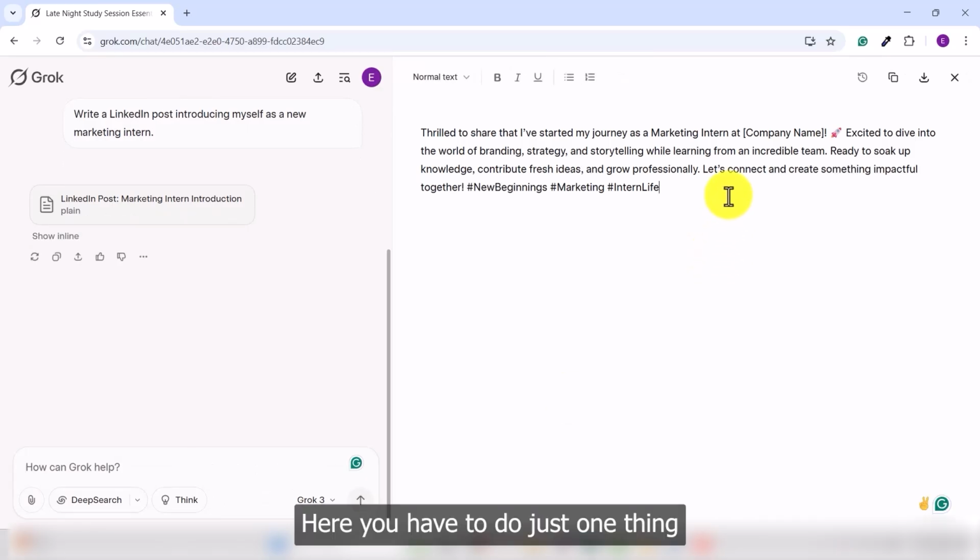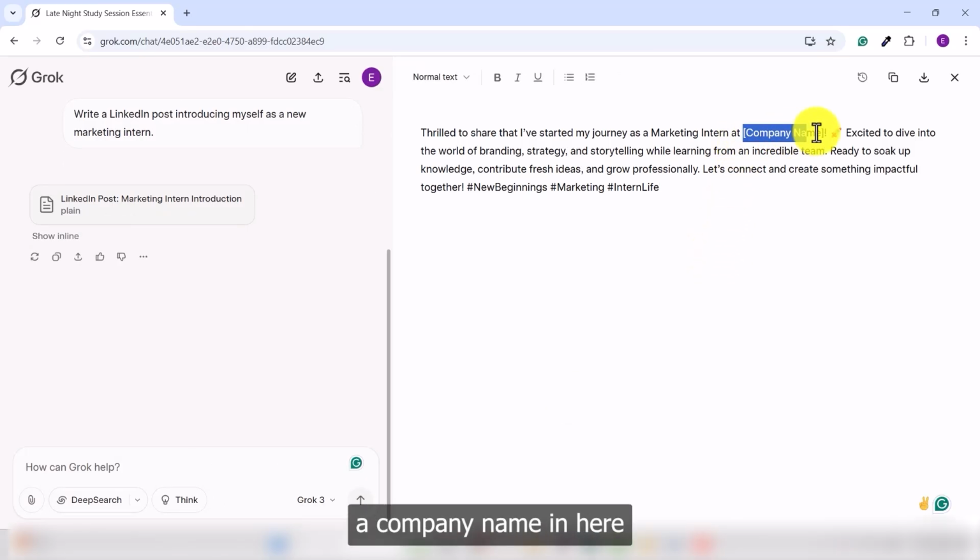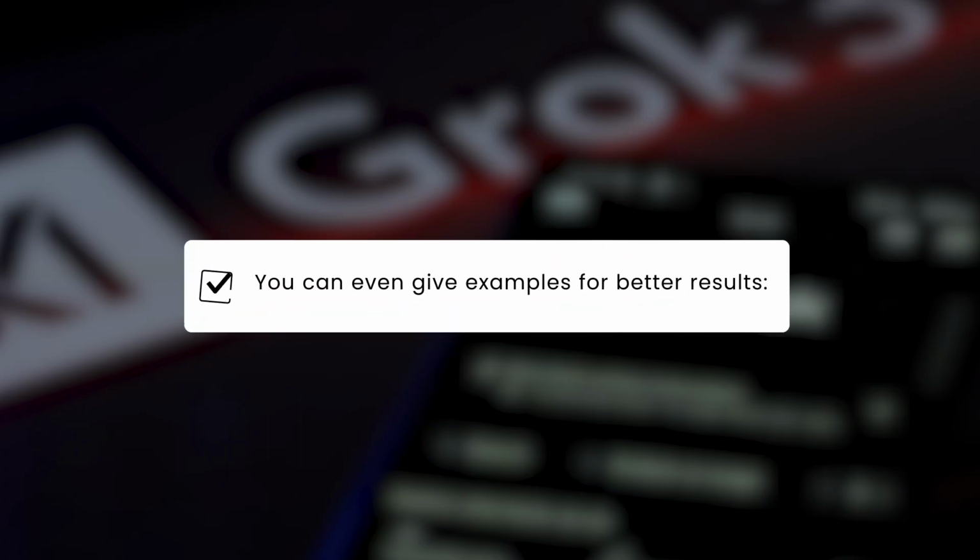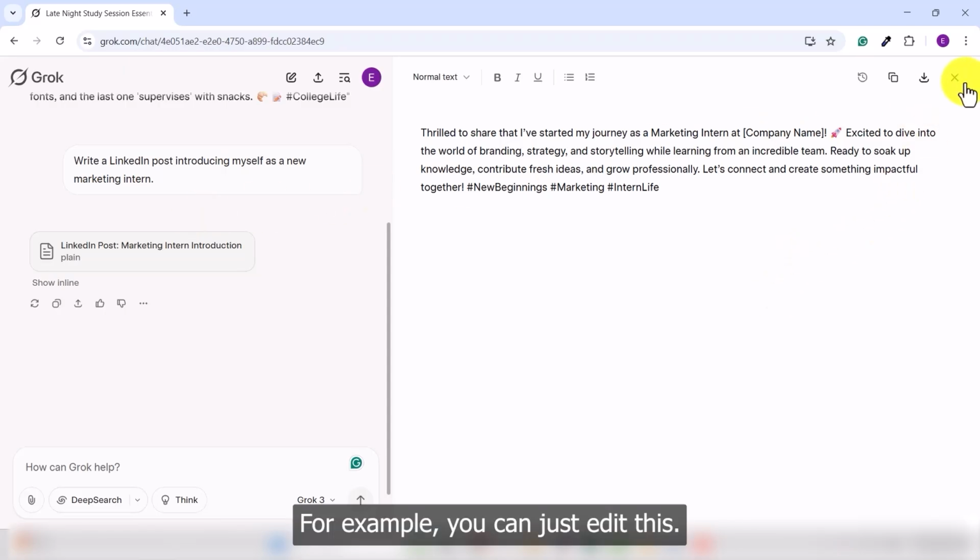Here you have to do just one thing: add a company name in here and post on LinkedIn, with the hashtags new beginning, marketing and intern life. You can even give examples for better results. For example, you can just edit this